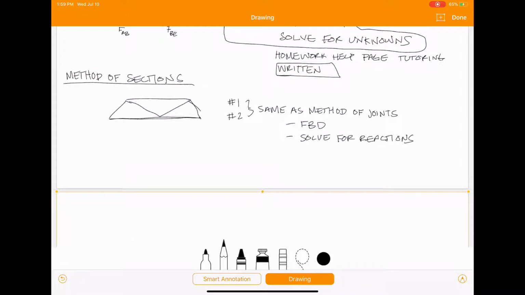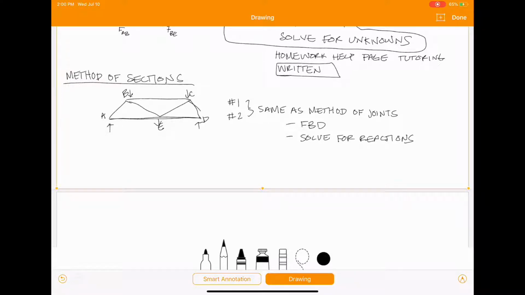So, if you remember, A, B, C, D, E, and there are forces acting at these joints, and there were reactions. All right, so for this method, instead of evaluating each joint, you're going to evaluate a section of the